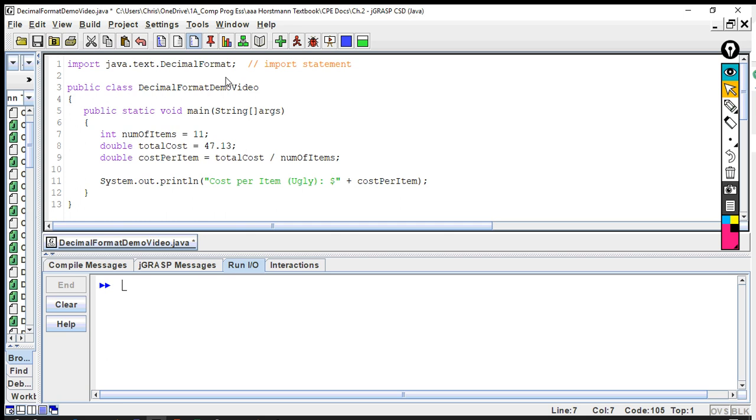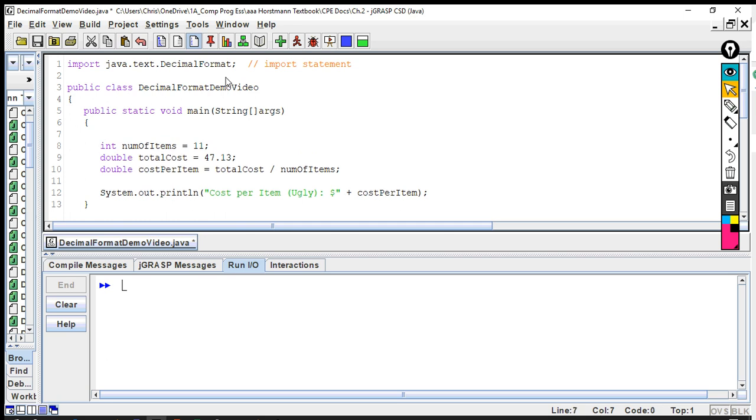What we're going to do is create the decimal format object, and that's going to be very similar to the scanner class. If you remember, it went Scanner, scan; in this case it's DecimalFormat, but we're not going to give it the name scan because that means to read. The simplest thing to do here is just use DF as the name. That's easy because it only has two letters and is an abbreviation of decimal format, so it's very easy and simple to use. So new DecimalFormat,